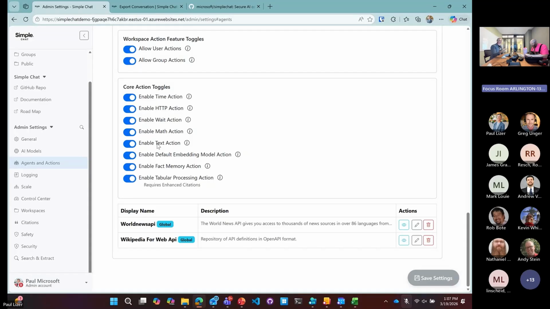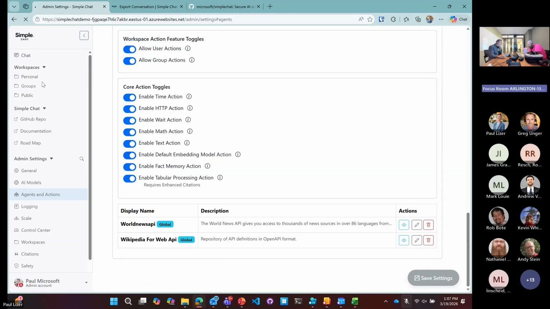If you already have enhanced citations enabled, you can enable tabular easily, or you have to enable enhanced citations, fill in this information, provide a storage account, and then enable tabular processing. So that'll be coming out. I'm just going to show what that looks like.